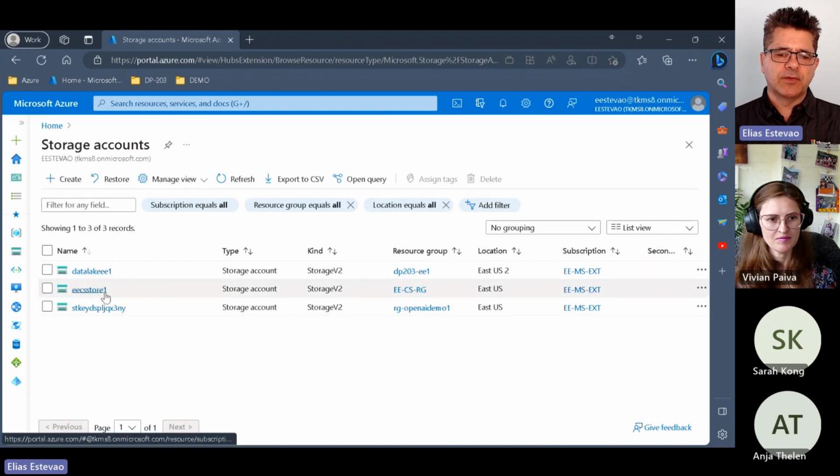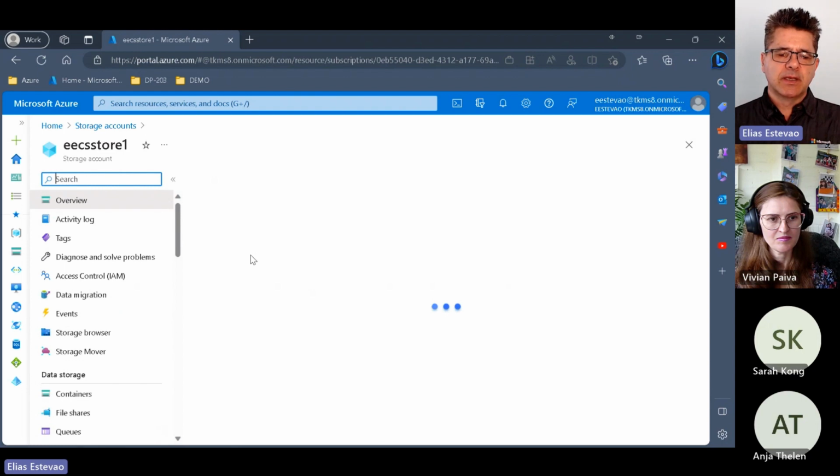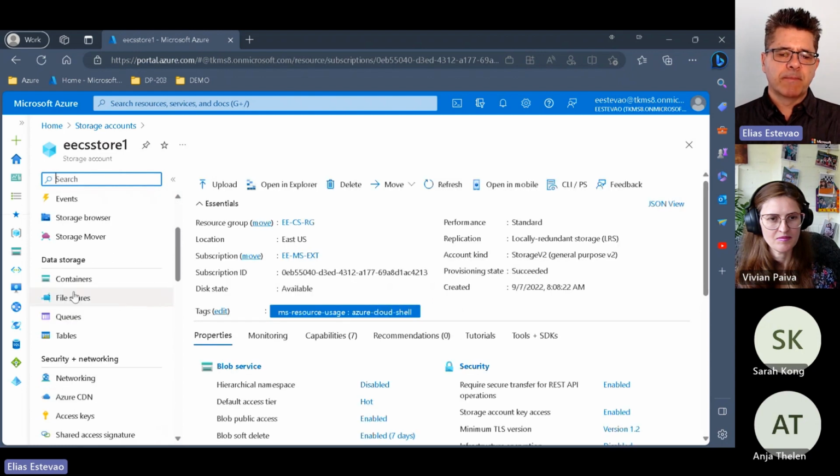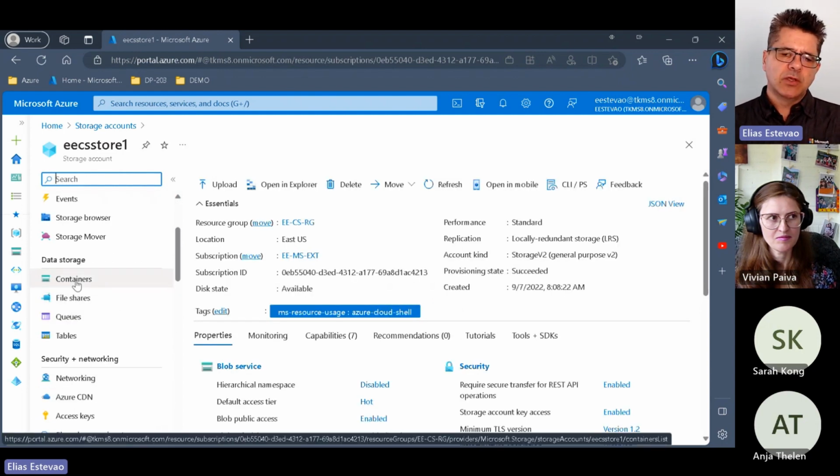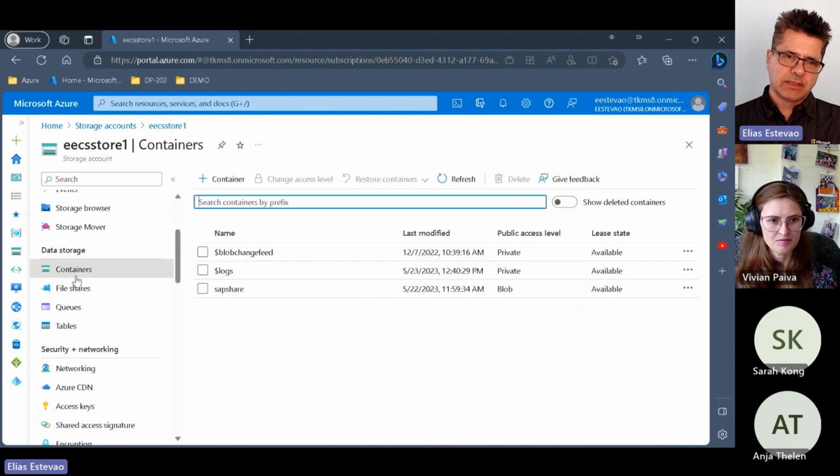I did mention I have a few of them. Let's pick this one. I have my storage account and the container. When you look at the blob storage, you are going to be looking at containers, right? Containers is where you're going to put your blobs. And the blobs are going to be flat objects, a flat file system. In this case, the object in here is what I'm putting in. So I can create a container, and then inside of the container, I will be putting my resources in it,